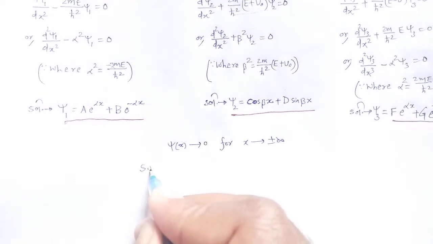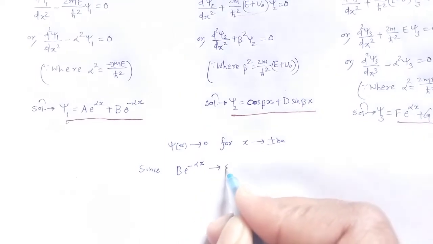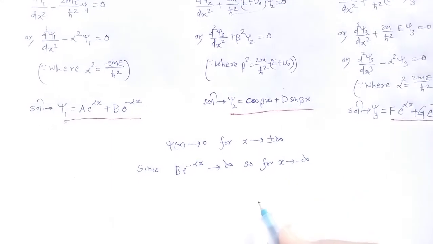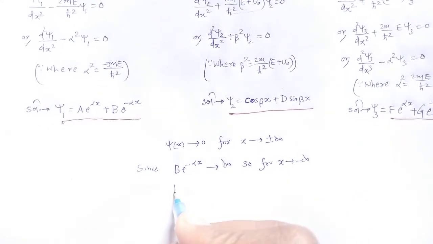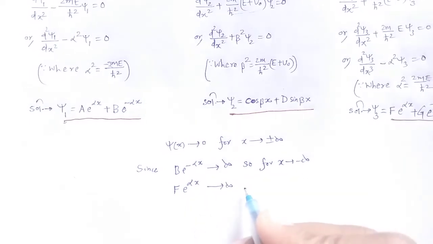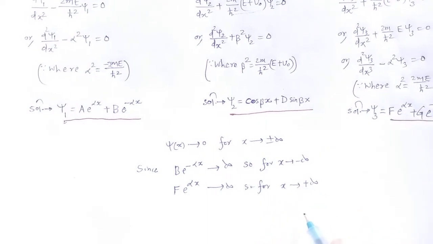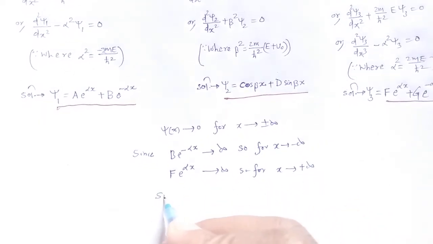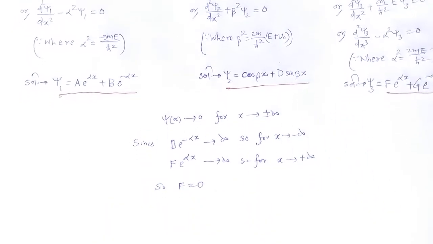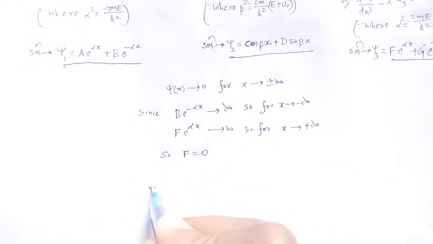Since B e to the power minus alpha x tends to infinity for x tends to minus infinity, and again F e to the power plus alpha x tends to infinity for x tends to plus infinity, F is equal to 0 here. So the solutions are written like this: psi 1 is equal